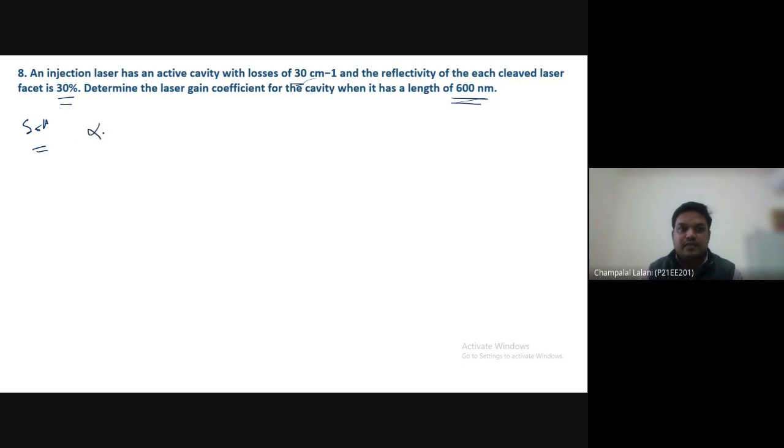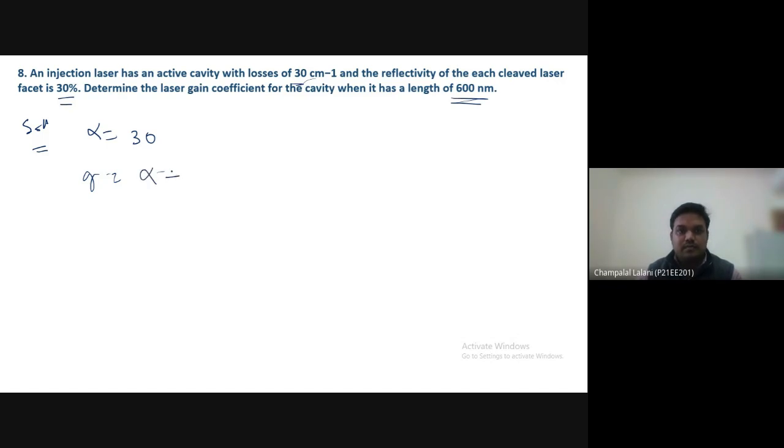So alpha is given here as 30 centimeter inverse, and you need to find the gain coefficient. You know the formula of gain, that is